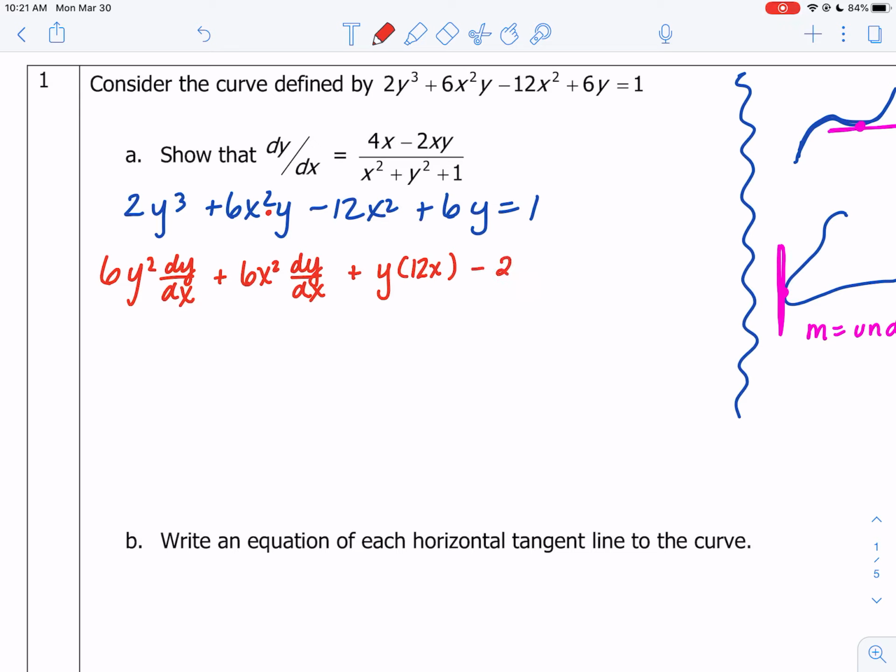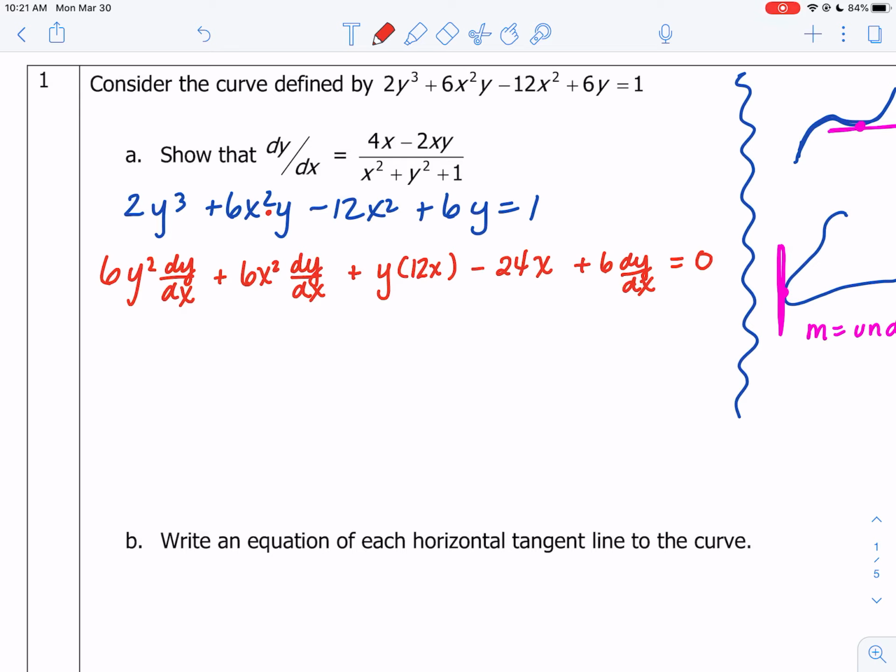So we have minus 24x. Notice again, there's no y, so we don't need a chain rule. And then we have plus 6 dy/dx. Notice there's an x here, there's a y here, so we have to use our chain rule, equals 0. Recall, we're going to move all our terms with dy/dx on one side and move the remaining terms on